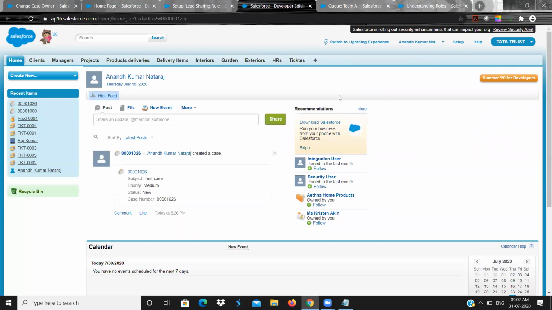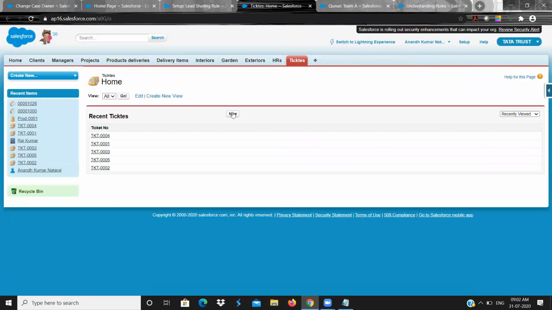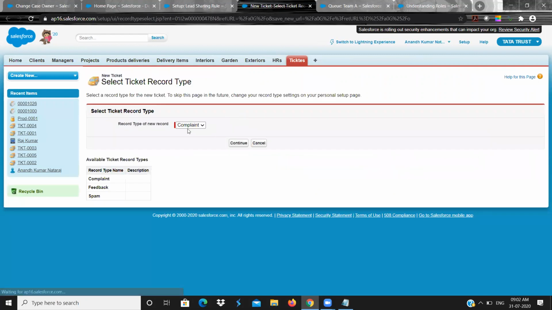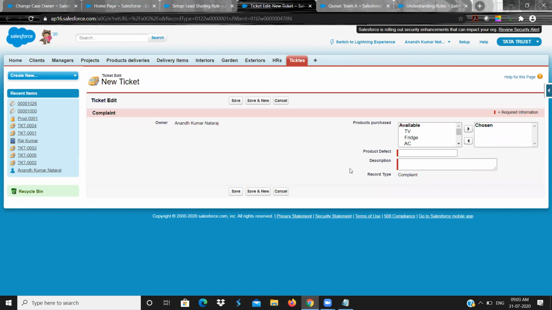Whenever a record is inserted in the ticket object, there should be an email sent to the email address. We'll create one new field called email address here. You want to achieve it without touching your code. I don't want to touch my code, but I want this functionality.